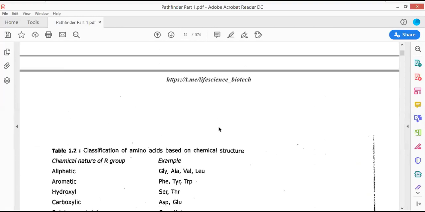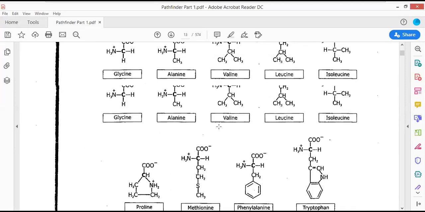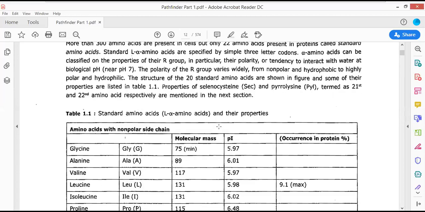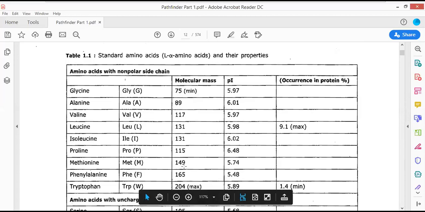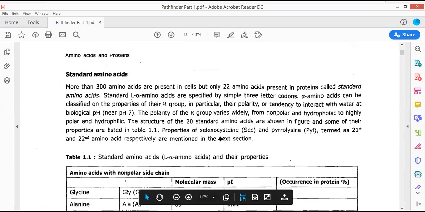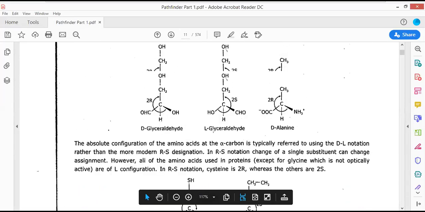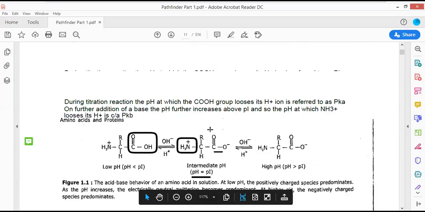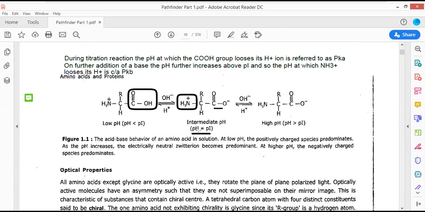Now moving backward, the first property of the amino acid according to me is over. Now, just try to solve all these questions. Some of the questions are very important for leucine and for tryptophan. Now, we are moving backward to page number 1 of Pathfinder, where page number 2 that we were talking